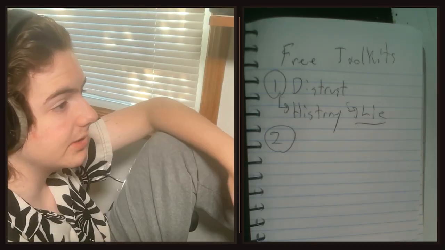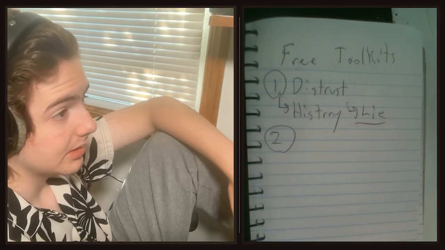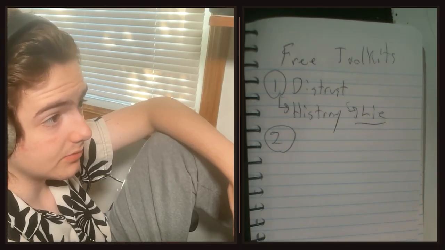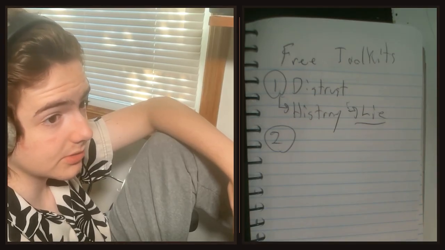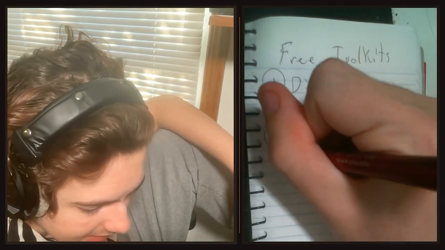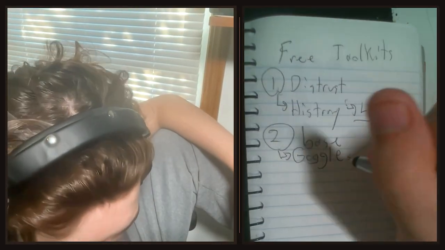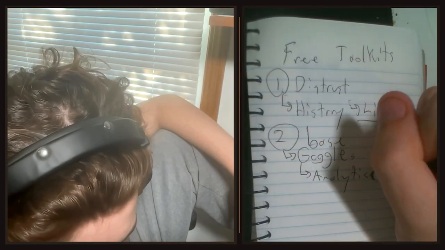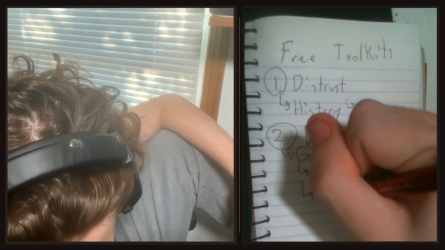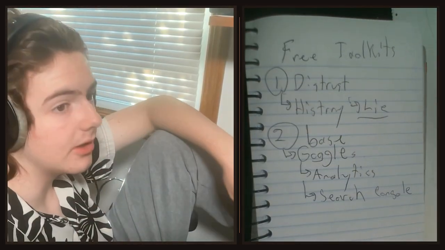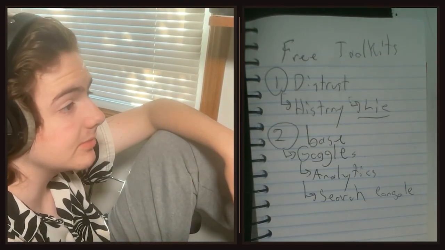So here's the free basic toolkit, right? Just look for Google Analytics, Google Search Console. So the base or the foundation is going to be Google's tools. And what are Google's tools, right? It's Analytics, which is when someone's already on our site. And then there's Search Console, which is getting people to our site. How many impressions do we have? How many this? How many that?